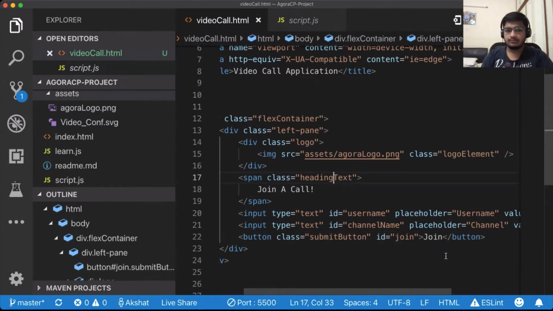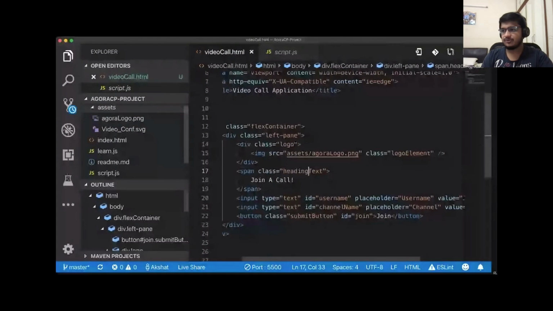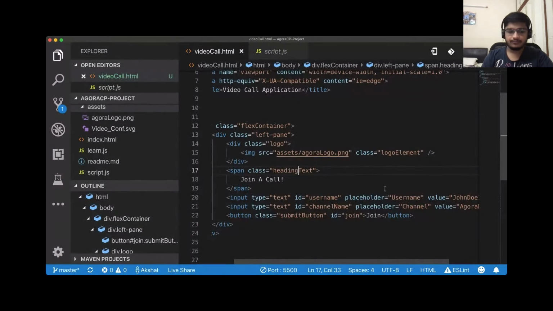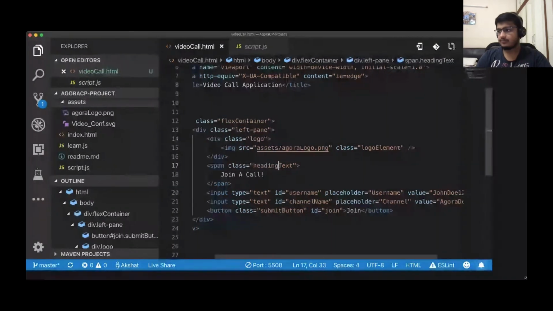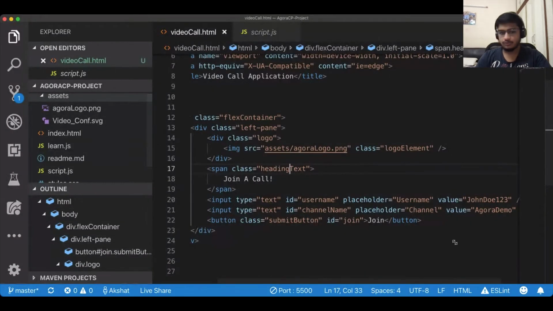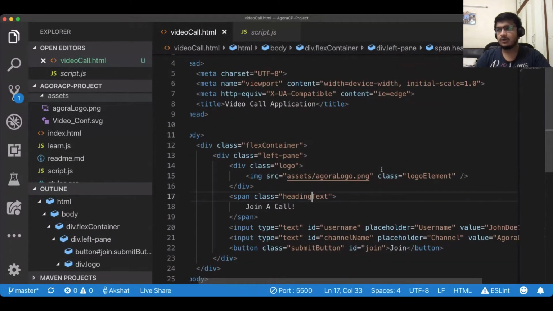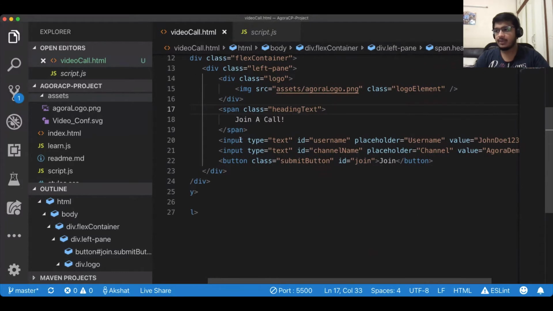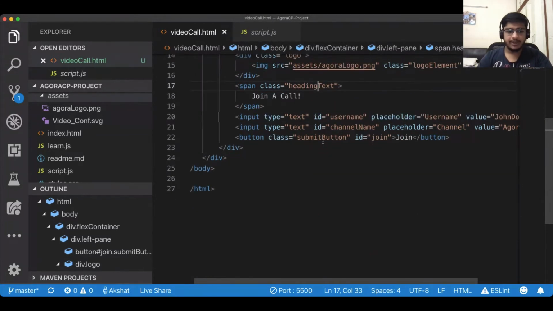So this is our application as of now. Okay, I guess it became too small. Yep. So we now created a new input field for username, channel name, and a button. So that's about it for the left hand side.